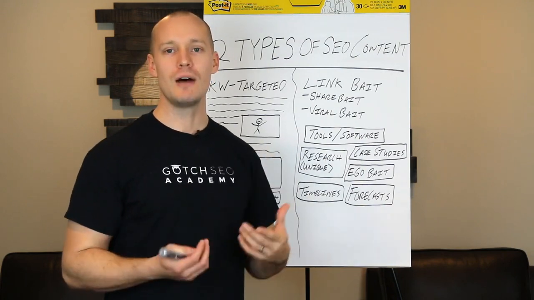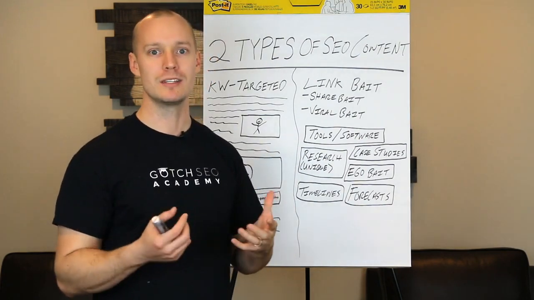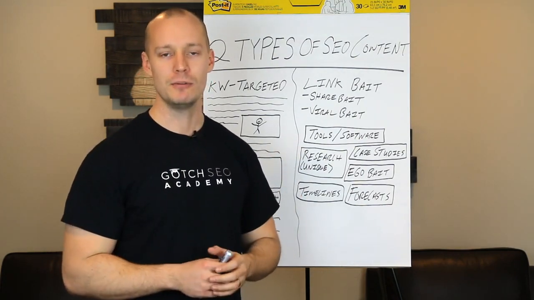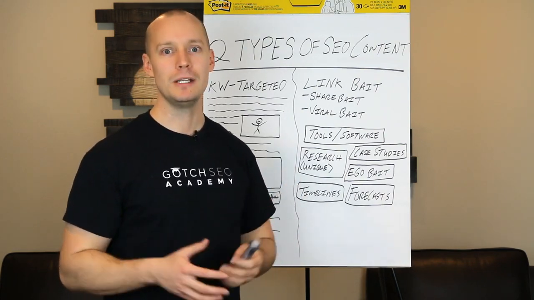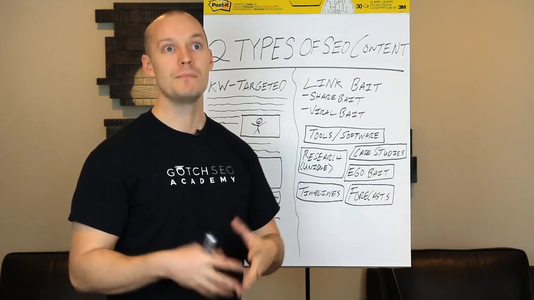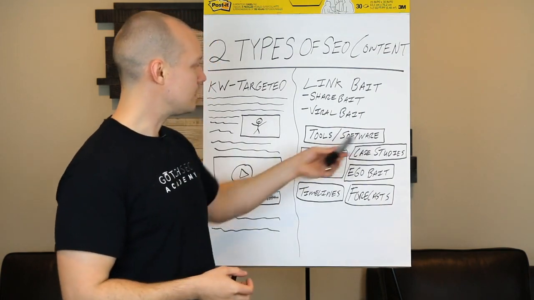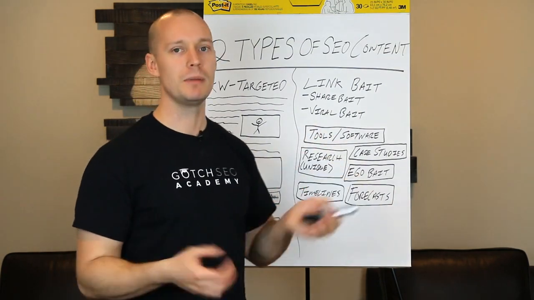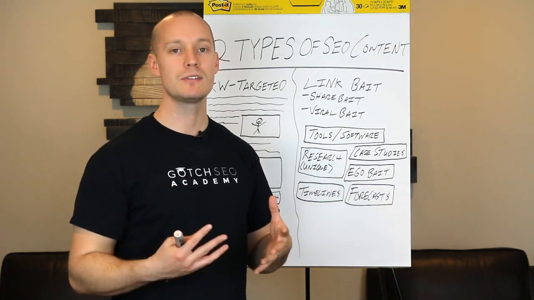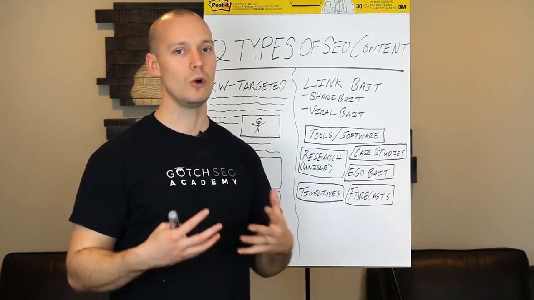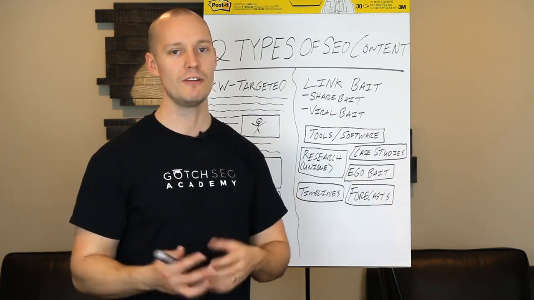So this is the most obvious one. I can't believe how many people don't realize that this is like the biggest type of link bait. But if you go and just look through any industry, some of the top companies and top tools are using basically their business as a form of link bait. So for example, if you go to Moz.com, one of their biggest and most linked to assets is their Open Site Explorer, which is a tool and software.